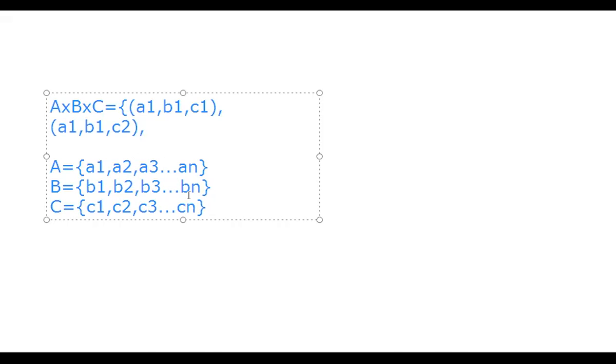त्याच्यानंतर A2, B3 झालं. असं BN पर्यंतचे एलिमेंट्स A2 बरोबर घेणार. पुन्हा A3 बरोबर B1 ची पेअर करून C चे सगळे एलिमेंट्स, A3 बरोबर B2 ची पेअर करून C चे सगळे एलिमेंट्स, A3 बरोबर B3 ची पेअर करून C चे सगळे एलिमेंट्स. Like this we are going to take what we can say Cartesian product.